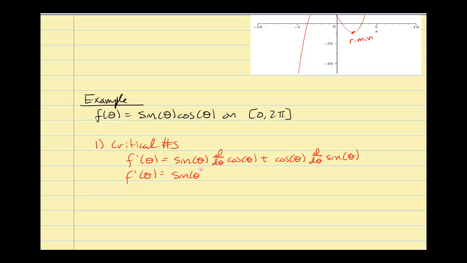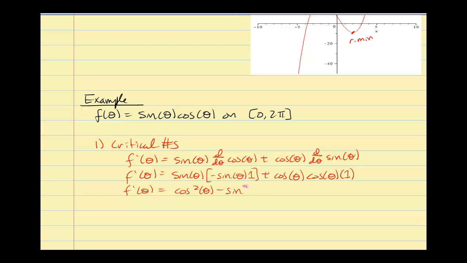So dragging the sine along, always put parentheses around the arguments of your trig function. The derivative of cosine theta is a negative sine theta times the derivative of theta, which is 1. So I am using the chain rule here, but because my argument is just theta, it's not very exciting. I just get that multiplication times 1. The derivative of sine theta here is the cosine of theta times the derivative of theta, which is 1. So rewriting, I have cosine squared theta